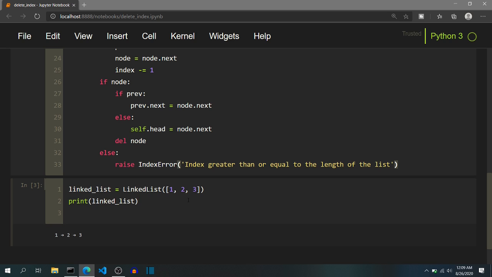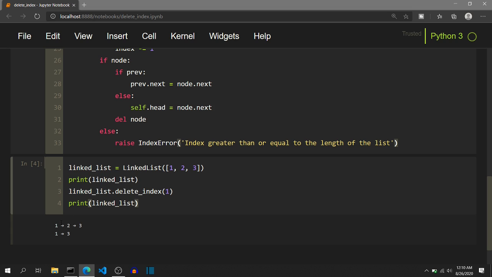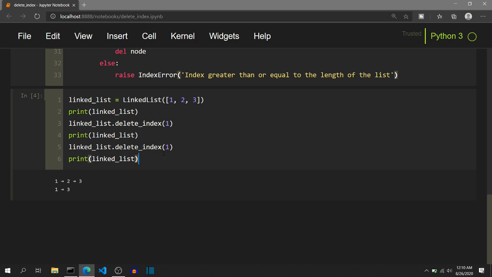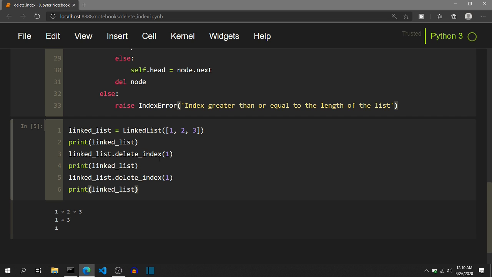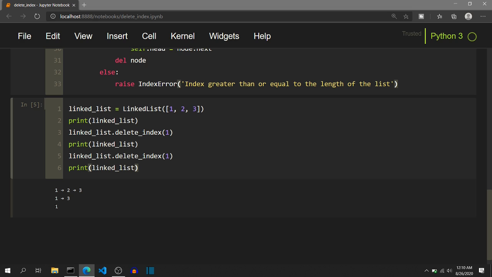Now as the example was there, we will delete index 1 and see by printing the linked list after deleting. Yes, index 1 had node 2 and that has been deleted successfully. I will copy these two lines and paste it over here, and the next condition, the next will not change because we had tested by passing index equal to 1 so that the last node will get deleted. And so after executing this again, node 3 that was present at index 1 got deleted.